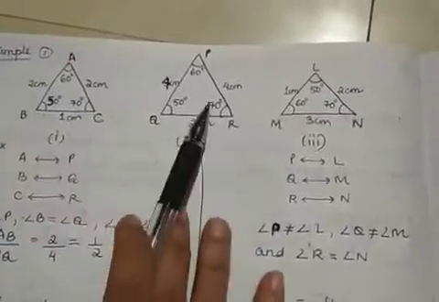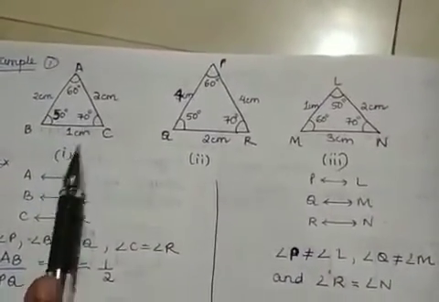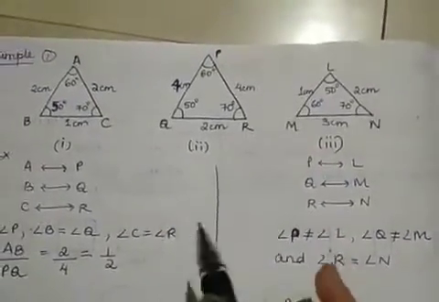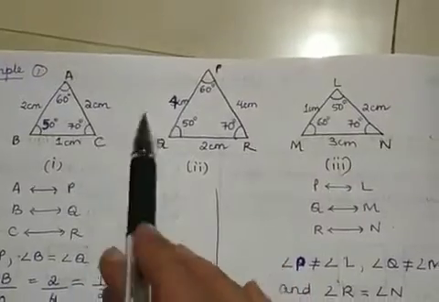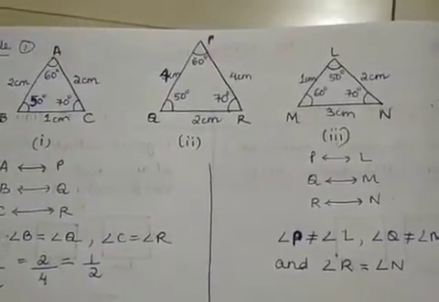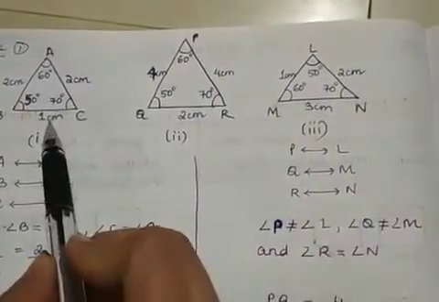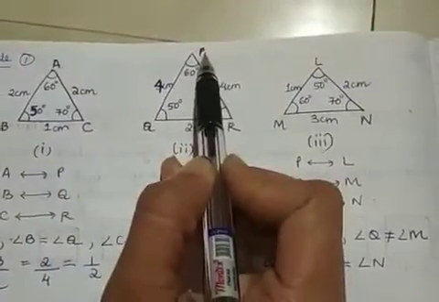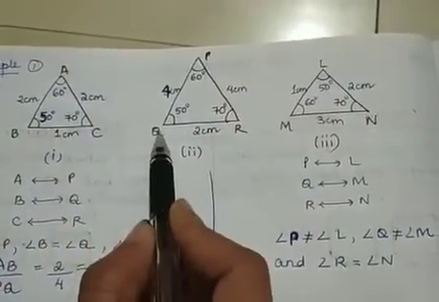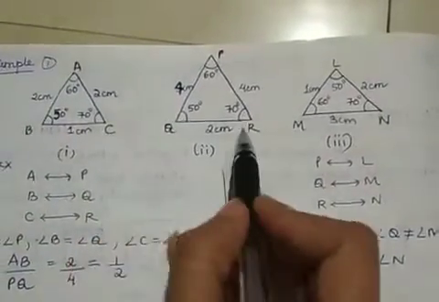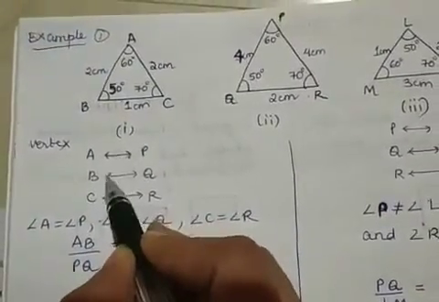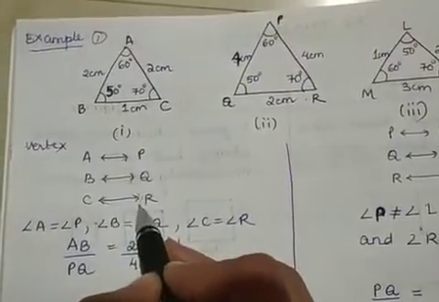Now consider these three figures here. I have named the figures 1, 2 and 3. I have taken three triangles. Now, in your chapter on congruence, you know what corresponding sides and corresponding angles are, and also which are corresponding vertices. If I take these two figures 1 and 2, then A and P are corresponding vertices, B and Q are corresponding, and C and R are corresponding vertices. So this is the symbol which is used for corresponding sides, to show that they are corresponding.